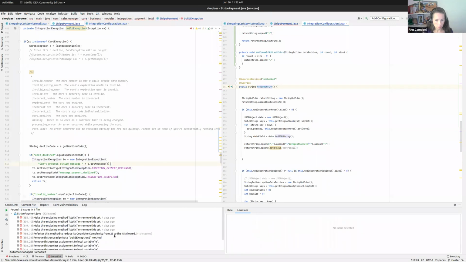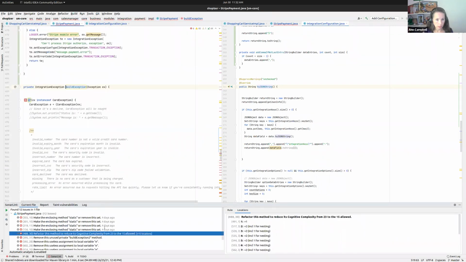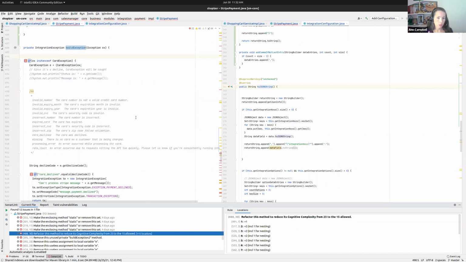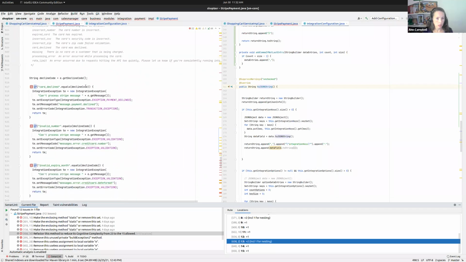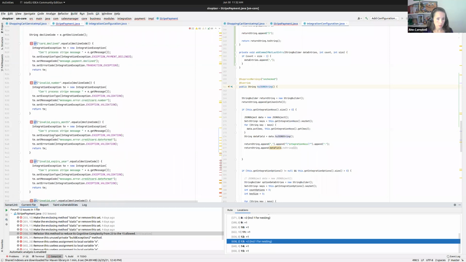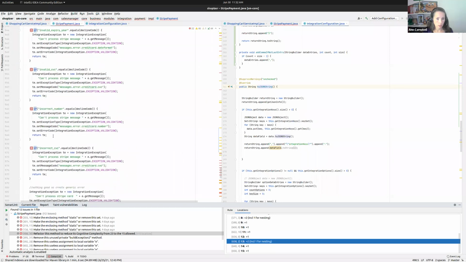Let me pull this up on the left, just because I prefer to work on the left. So I've got one issue in this file. And if I look at the secondary locations, I see I've got a +1, then a series of +2s, and then some +1s with one more nested something here. So then if I come back to the code, I see I've got an if, and then inside that, a series of nested ifs, and